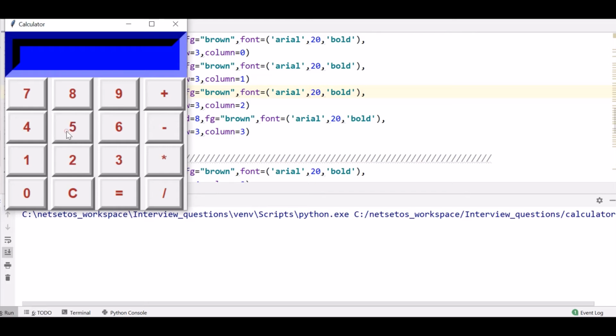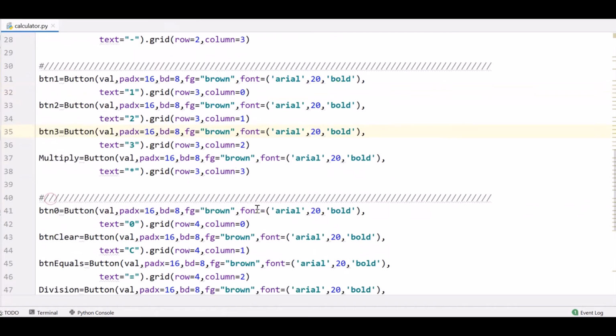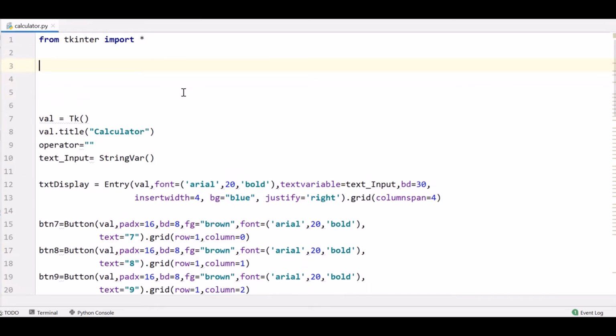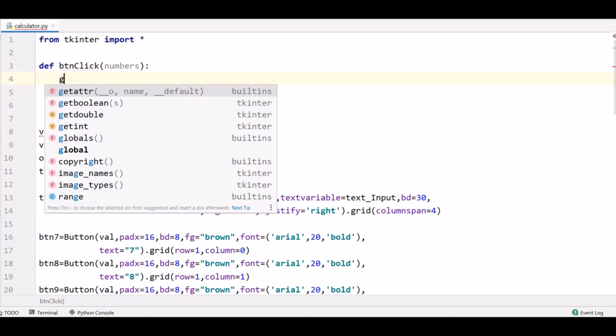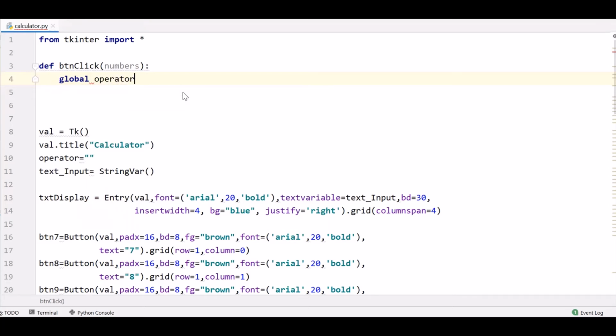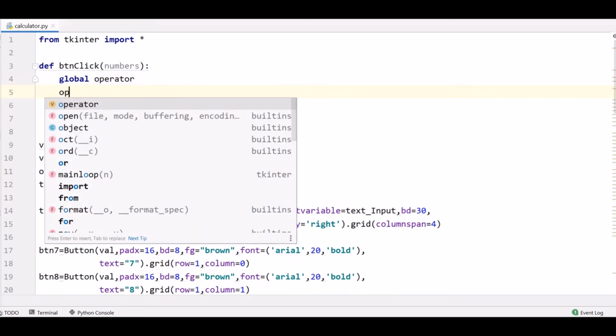So when I click this, it is not working, as we need to define a function for it. So let us define it. So going above, I'm shifting it down. We will define a function with def btn click. We will take a click function where it is for numbers, and we need to define operator, which will be global, and then operator